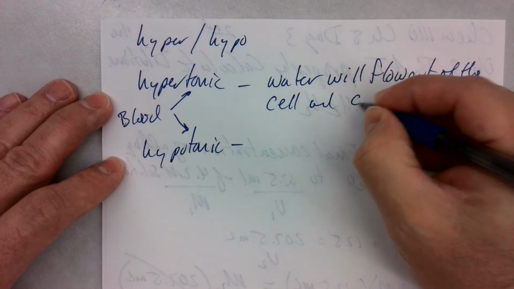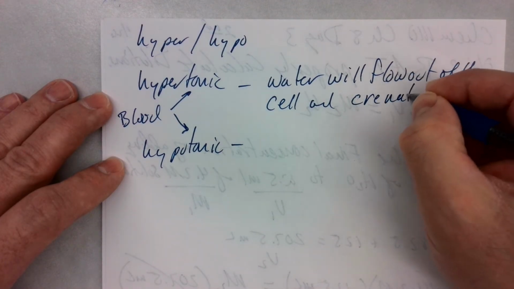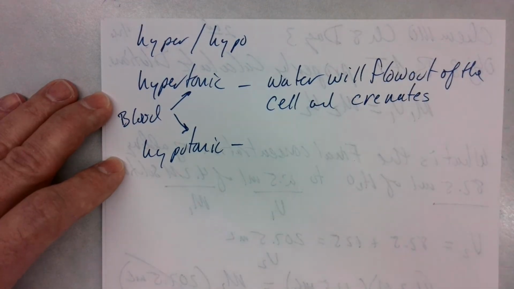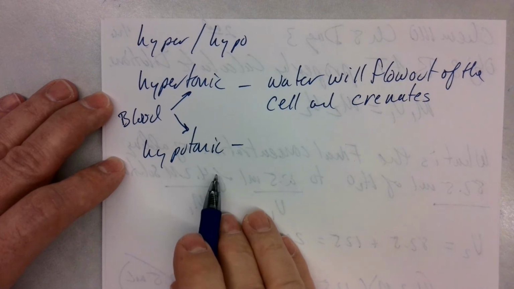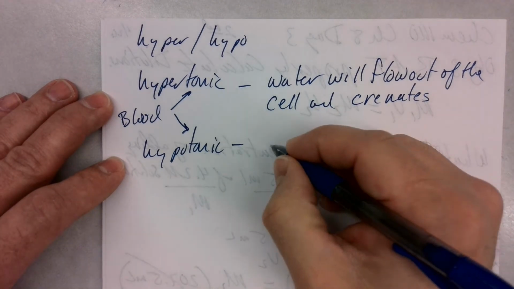Now it's called crenate. And crenates means it shrivels up like a prune. You guys know what I'm talking about? Okay. Well, hypotonic obviously is probably going to be what? The exact opposite, right? Water